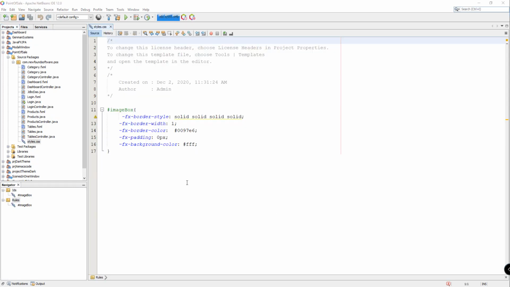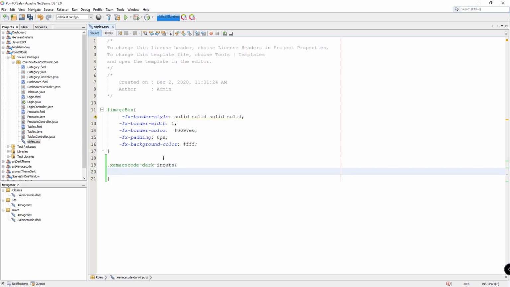So inside our styles.css file, we're gonna add some styling right here. So for now, let's just add, for example, some xcode, and then dark inputs. So we're gonna use this for our search box. So I'll just copy and paste the